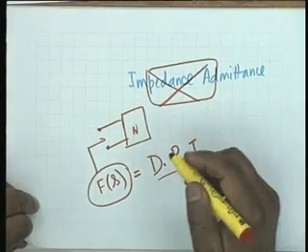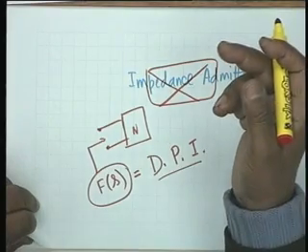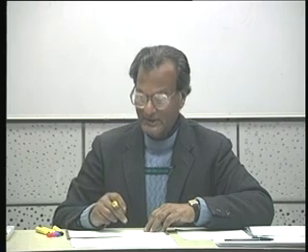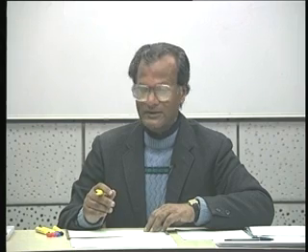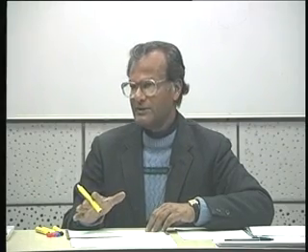If the driving point immittance is given, how do we find the network? As you know, the first task is: given F of s, is it realizable? Can I find a network? I have told you on the first occasion that it may or may not be realizable. So the first question one asks in synthesis is whether the given function is realizable. If the answer is yes, then you go ahead with the synthesis.